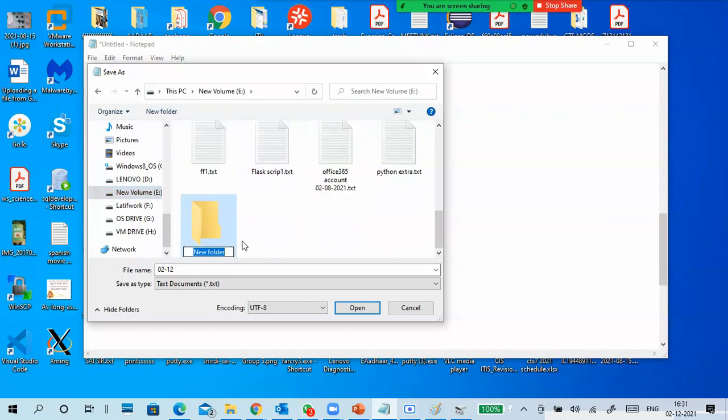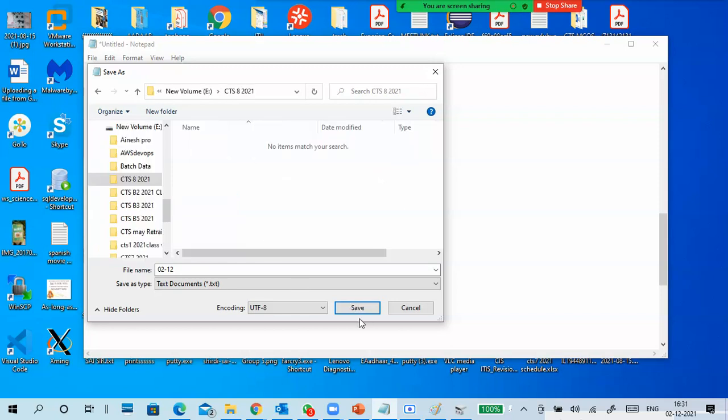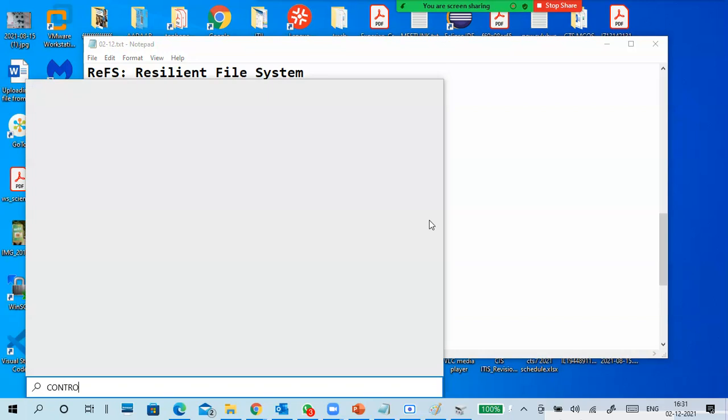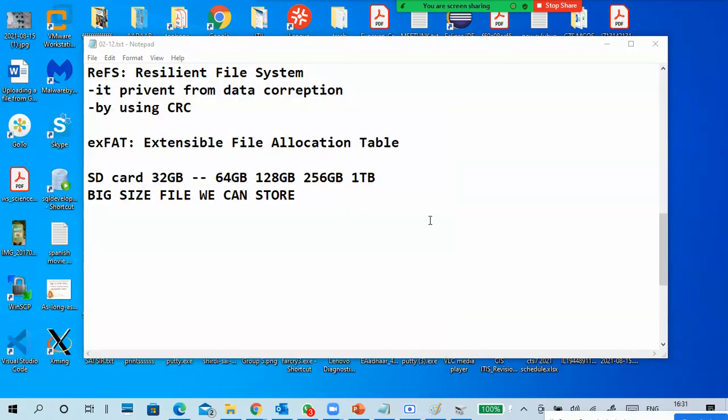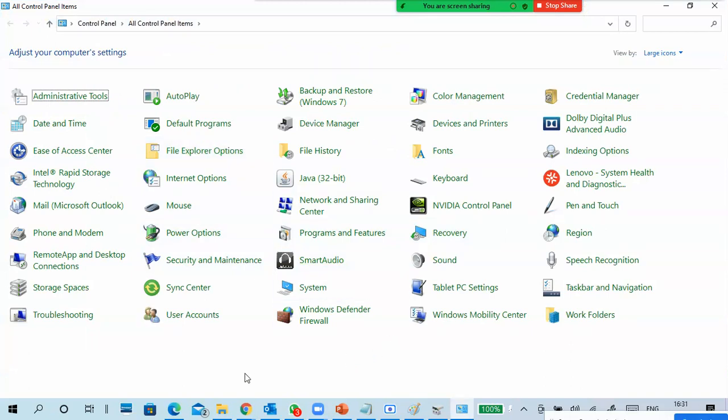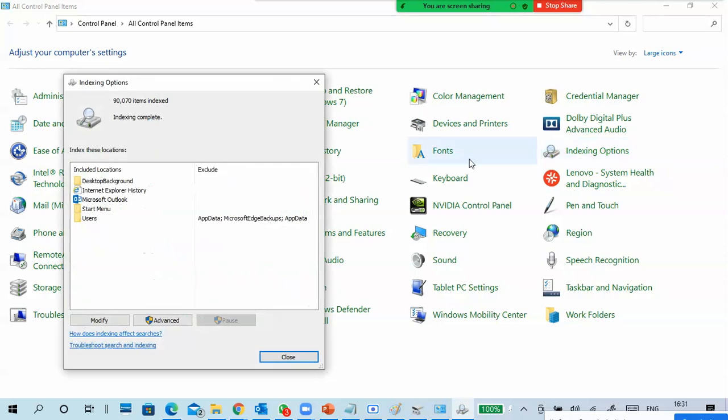I will show you that also. How can we do that? Go to the Control Panel. You can find Indexing Options here.